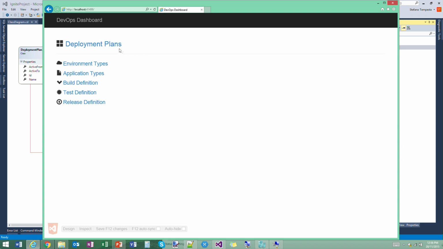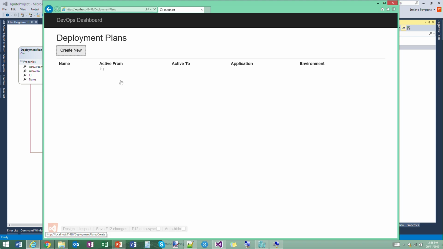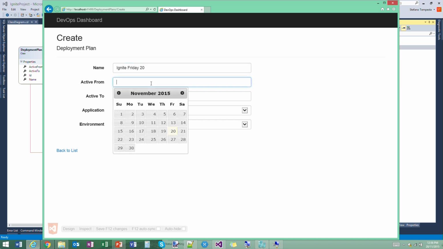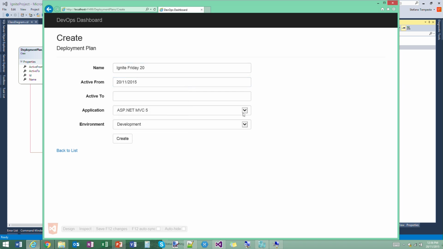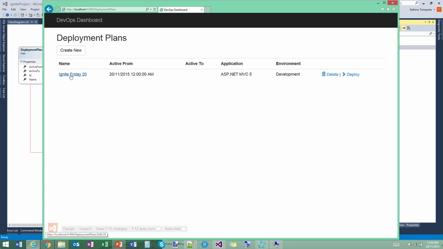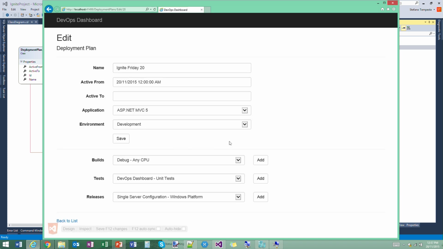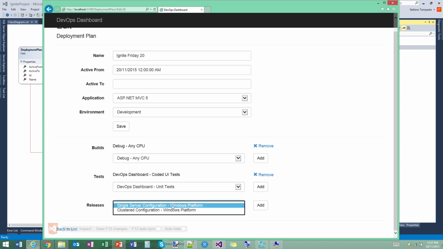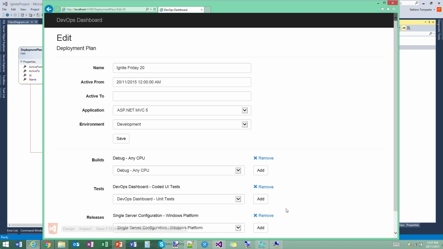And when that happens, once I have created my data set, I can define new deployment plans. So if I create a new plan, I can say this is a plan for the Ignite Friday 20th. It's active from today. It doesn't expire. We want to send an application, it is an MVC 5. I'm happy with the development environment, create, ready to go. I haven't defined what is actually happening, so I'm editing this again. And then I say build, just build in debug mode, it is a development mode. Just build a test, the coded UI testing, and release on a single server. So this is basically defining a chain of events that happen after I queue my